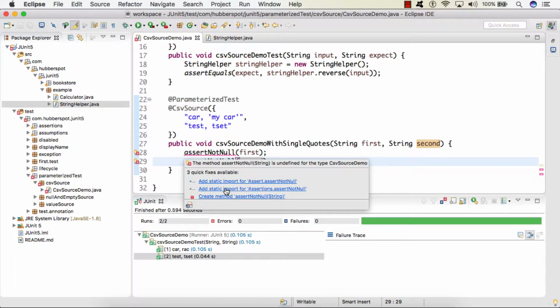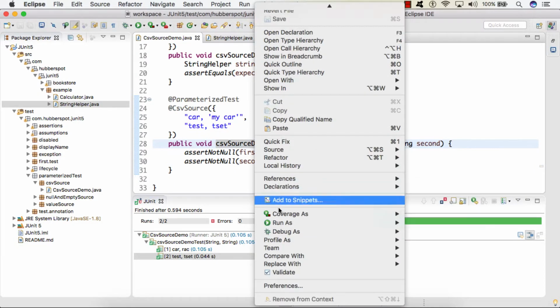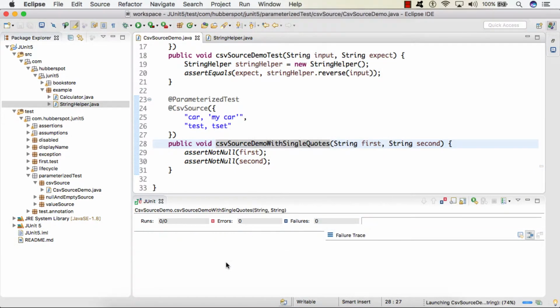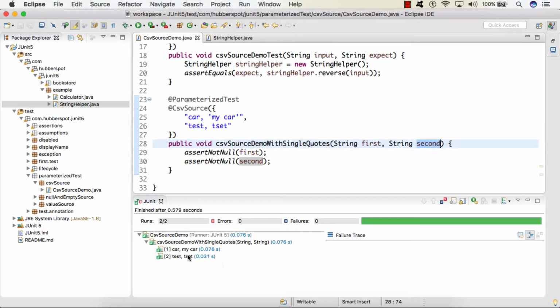I will import assert not null, and if I run the test case, so here you can see that the test case got executed successfully because the string first and second were not null. And here if you see the values, what it passed for the first is car and the second would be my car, because that we have separated out by single quotes.